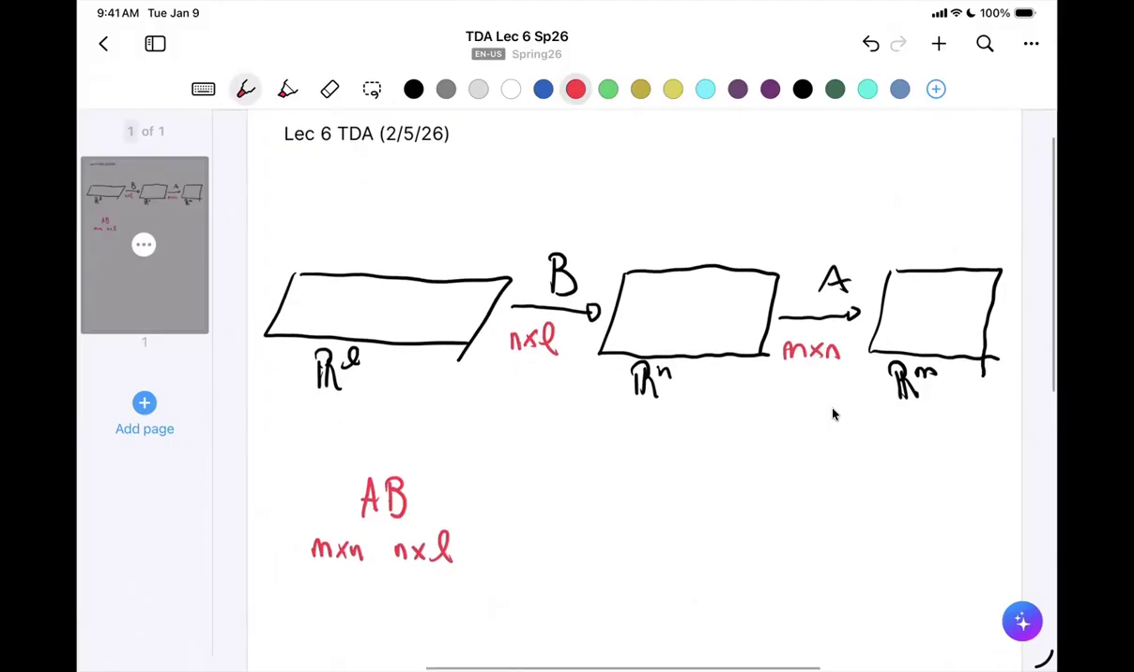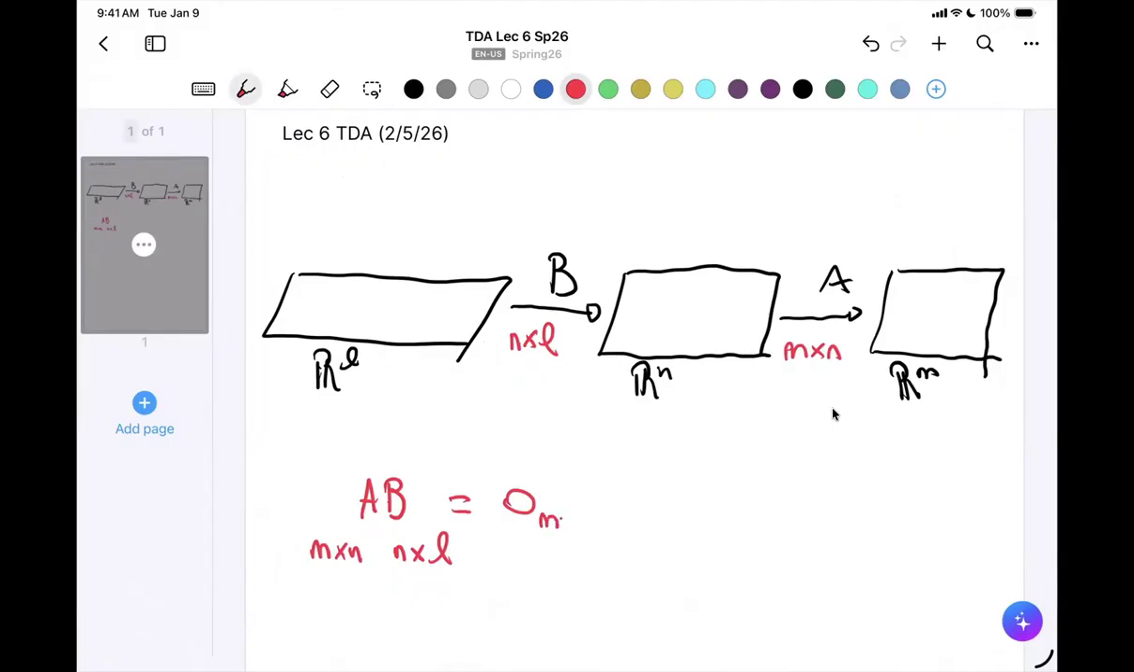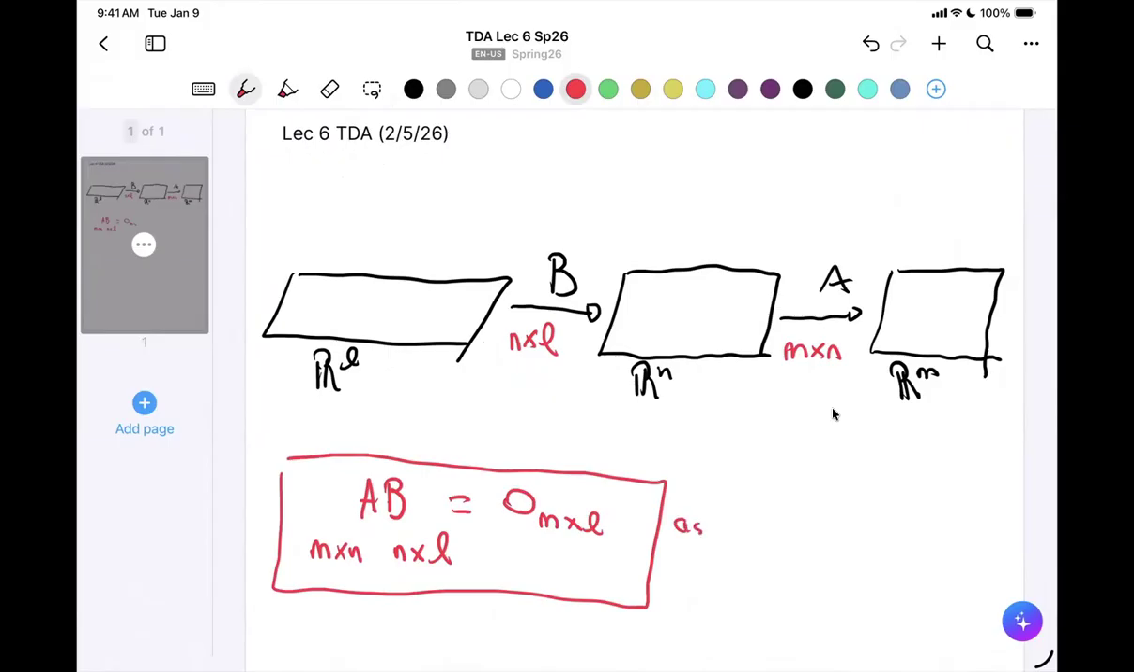So you have this situation, and the assumption was that this is the zero matrix, of size M by L. So this is the assumption. Now, what I was saying is that because of this,